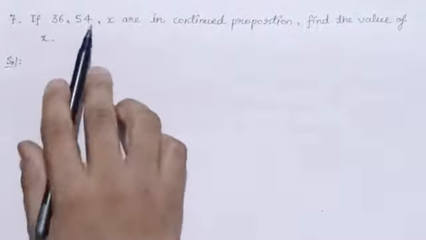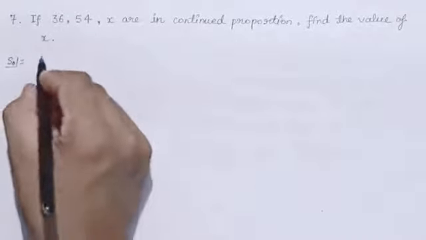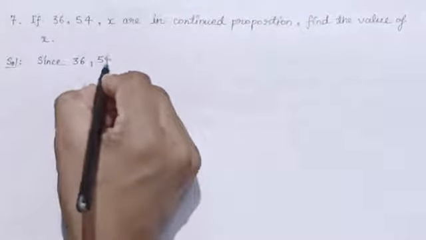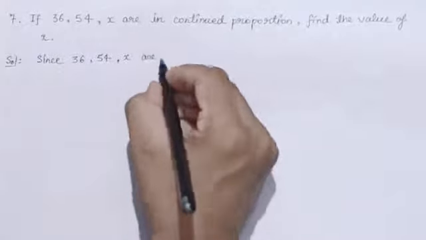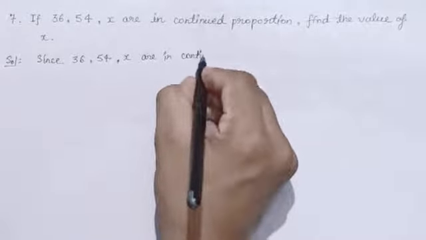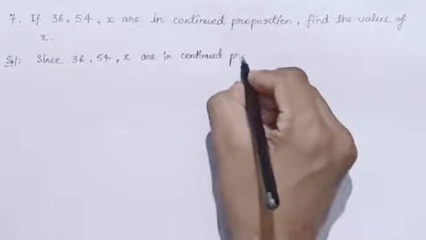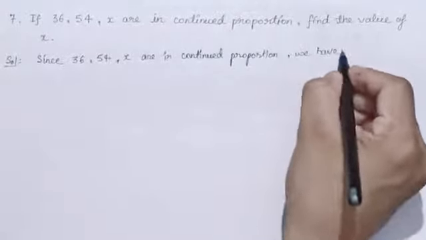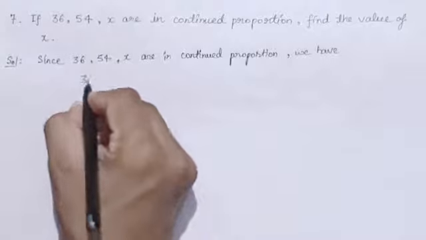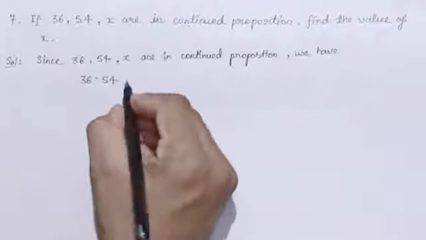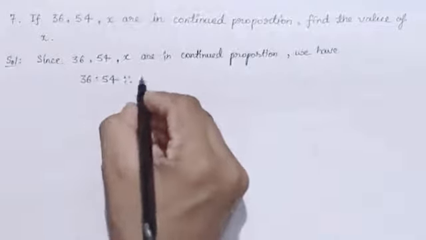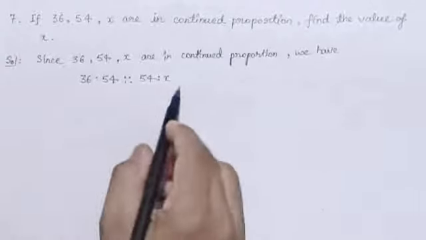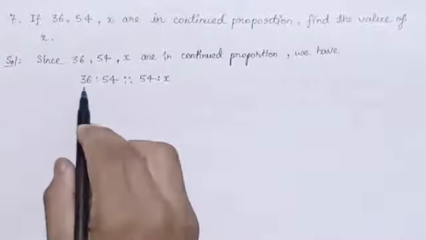Since 36, 54 and x are in continued proportion, we have 36 ratio 54 is proportionate to 54 ratio x, and from this expression we can say the product of extremes